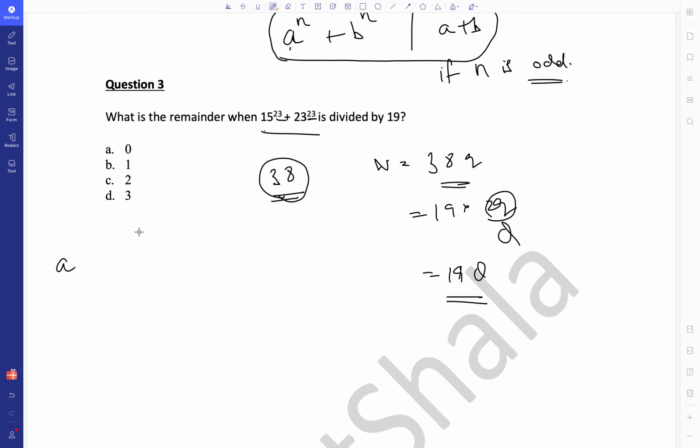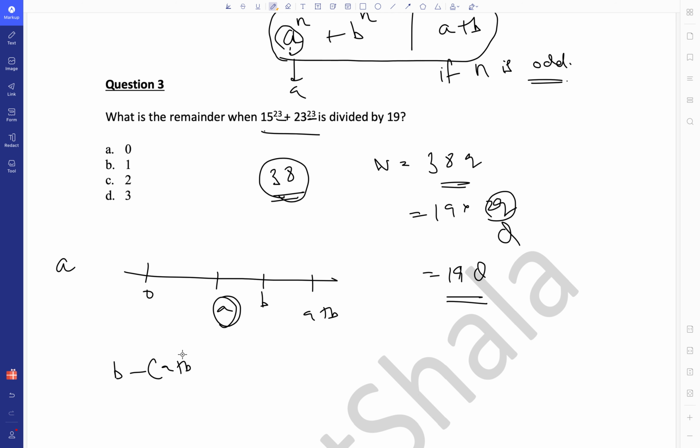Let's create a number line here like we did in the last video. This is 0, this is a plus b, and this is, let's say, somewhere b here. We are finding the remainder of a with a plus b. The multiple of a plus b just before a is 0. So you subtract a minus 0, you get a. So the remainder of a will be a. Similarly, the remainder of b will be b, but if you have to calculate the negative remainder, it will be b minus a plus b, b minus the next multiple, which is minus a.